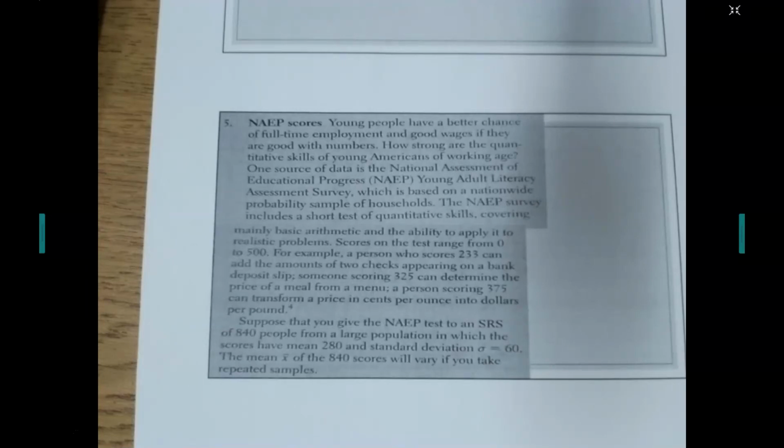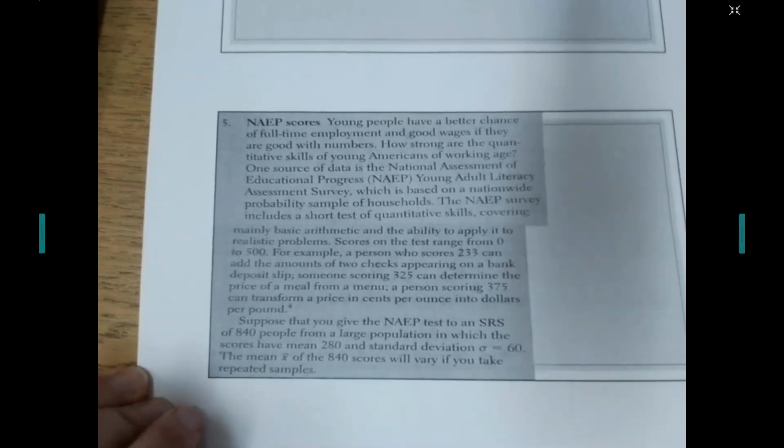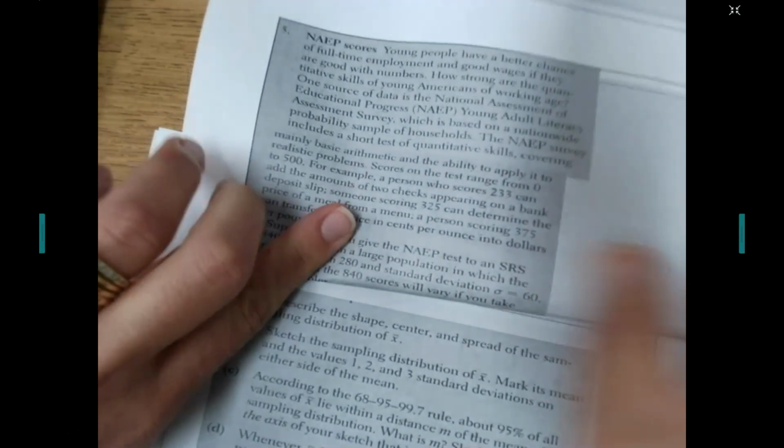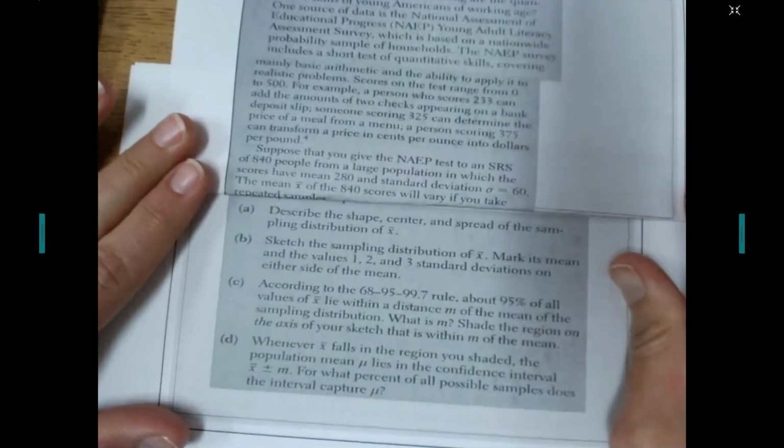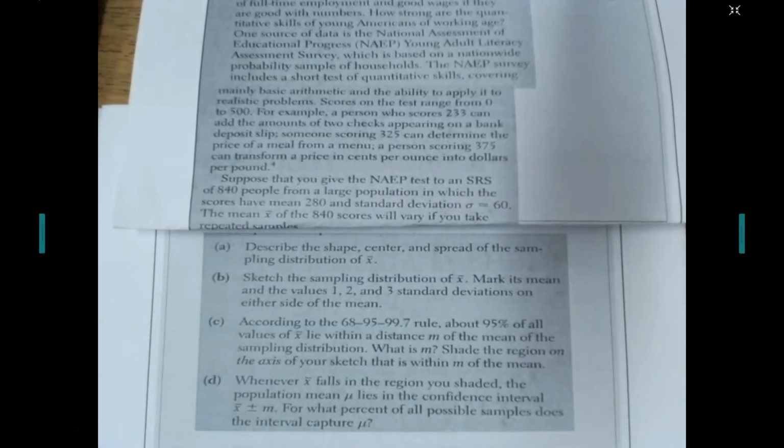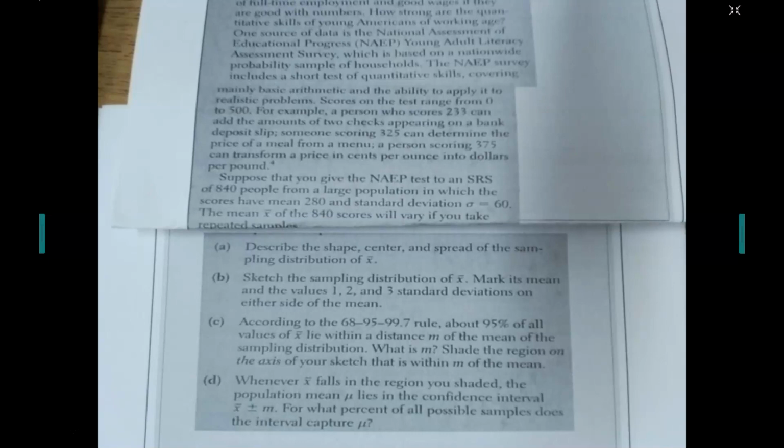Suppose you give the NAEP test to a simple random sample of 840 people from a large population in which the scores have a mean of 280 and a standard deviation of 60. The mean of these 840 scores will vary if you take repeated samples. Sorry, ran out of room on here. I had to go to the next page. All right, describe the shape, center, and spread of the sampling distribution of X bar. Okay, so we aren't done with Chapter 7 yet. We've got to still keep Chapter 7 in our brains because we're going to use this now. Okay? All right, so the shape